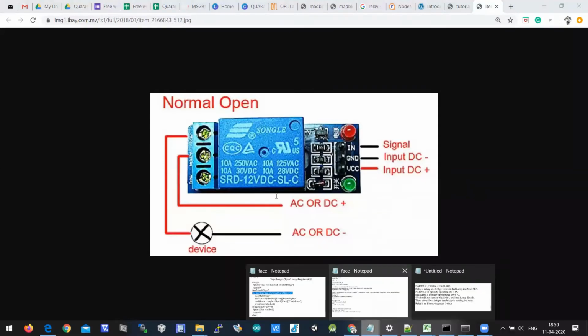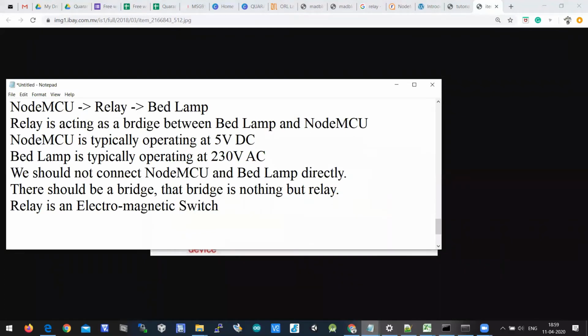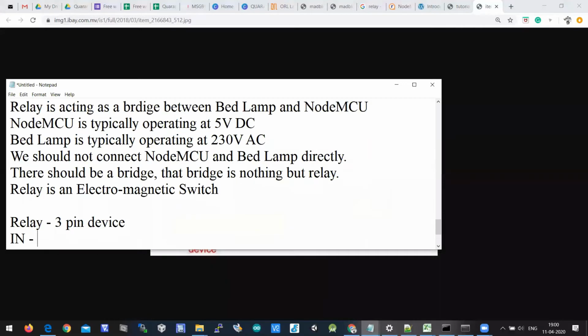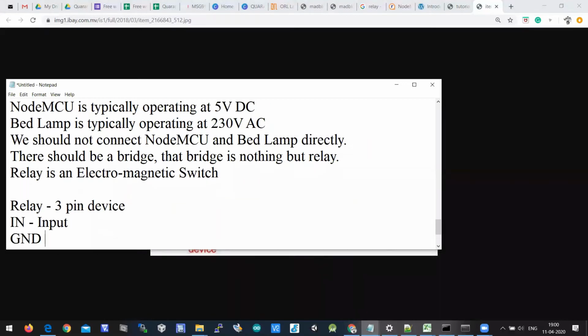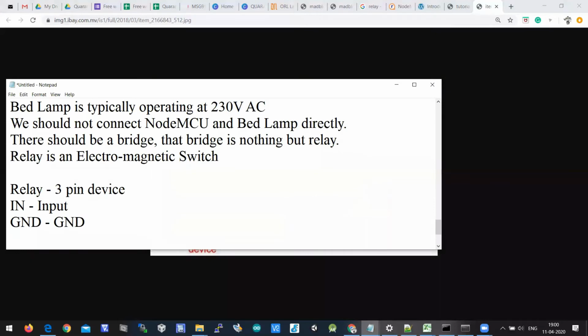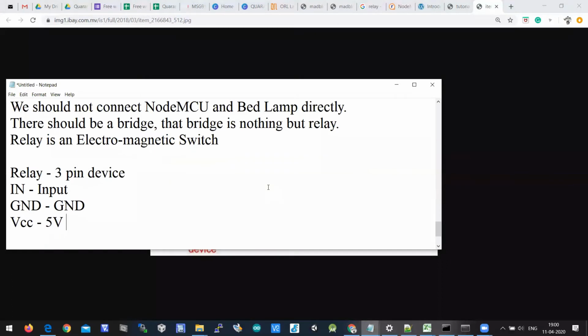Relay is a 3-pin device having IN, which is input, ground, and VCC, which is 5 volts. So this is the VIN connection. Ground is also available, and input. Input you need to connect to a digital pin, say D0 or D1 or something like that.